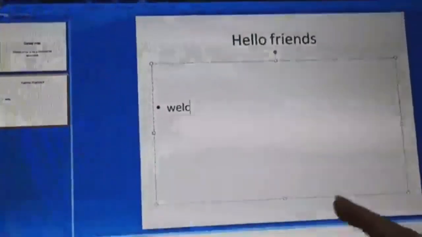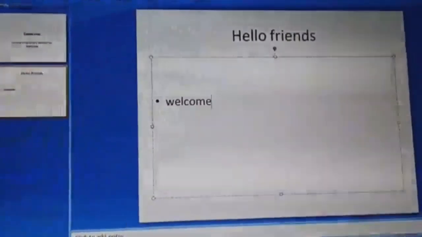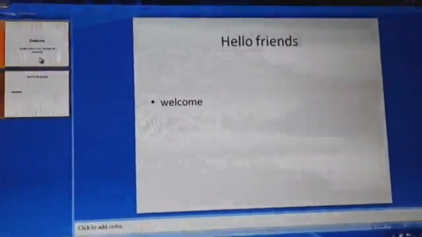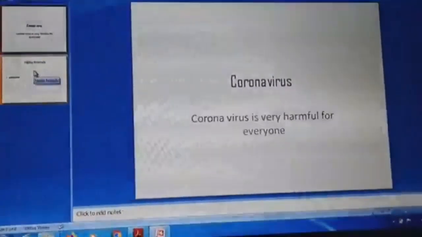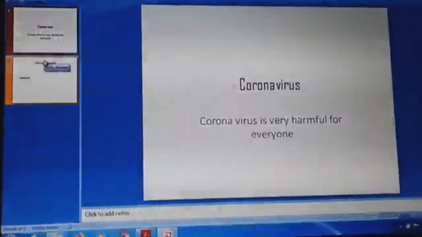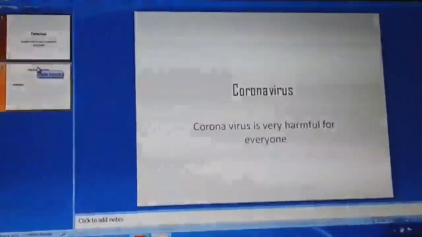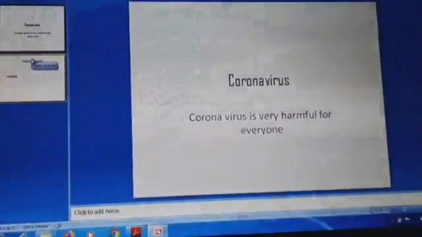Okay. So I want to choose welcome. Suppose this is my welcome slide and I want to take it to the first position. So what you have to do, this is very simple. You just have to shuffle both the things, but it will appear only when you apply all the designs and animations on it.